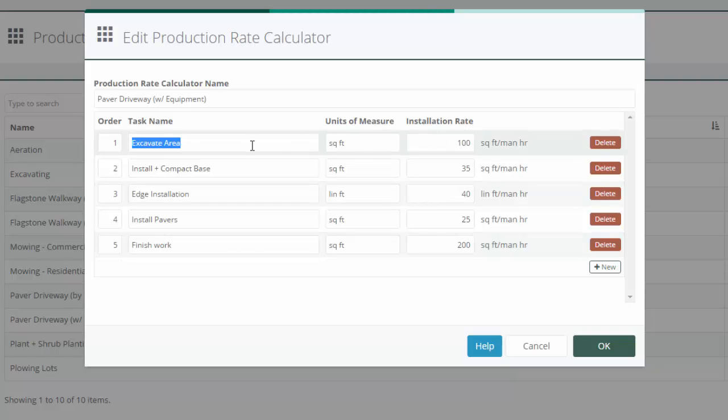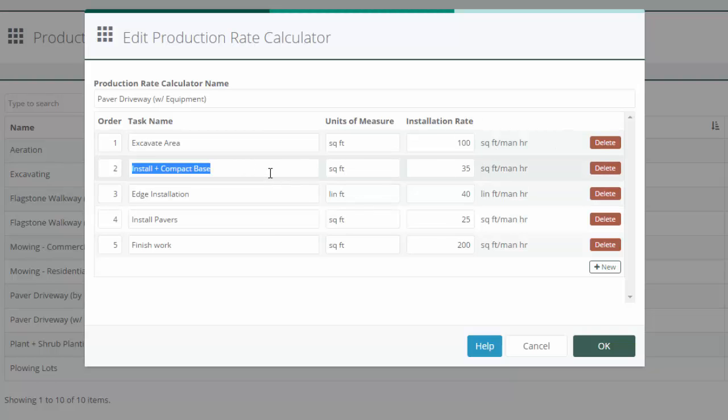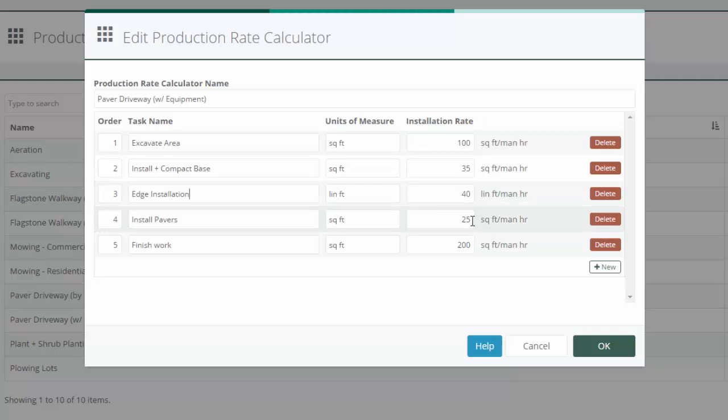So now I'm going to walk through this. I've set it up: excavate area, and we can do 100 square feet per man hour. Installing and compacting base, we can do 35 square feet per man hour. Edge installation, we can install 40 feet of edge per man hour. Installing pavers, 25 per man hour. And finish work, which is just sweeping the sand and maybe the final power washing, 200 square feet per man hour. Now, it's really important to remember when you're putting these installation rates in that all these are per